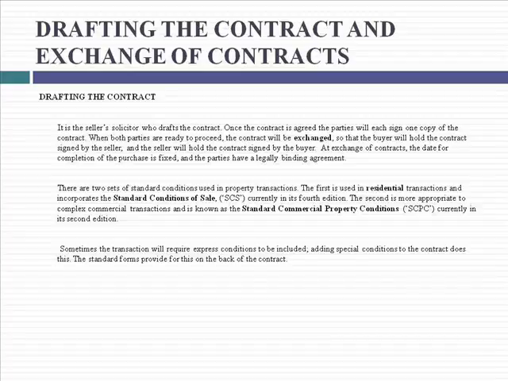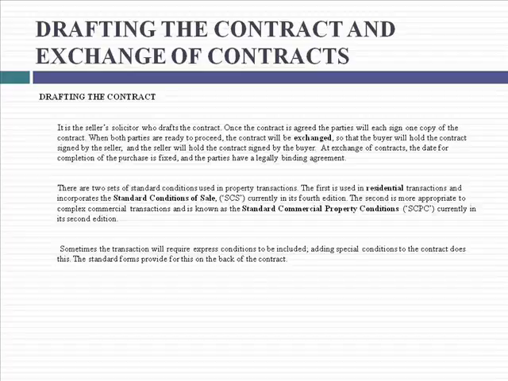Drafting the contract. It is the seller's solicitor who drafts the contract. Once the contract is agreed, the parties will each sign one copy of the contract. When both parties are ready to proceed, the contract will be exchanged, so that the buyer will hold the contract signed by the seller, and the seller will hold the contract signed by the buyer. At exchange of contracts, the date for completion of the purchase is fixed, and the parties have a legally binding